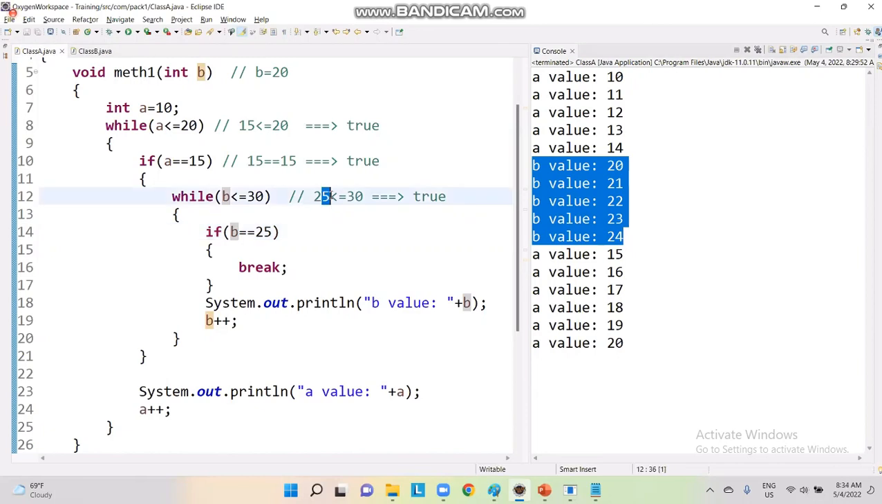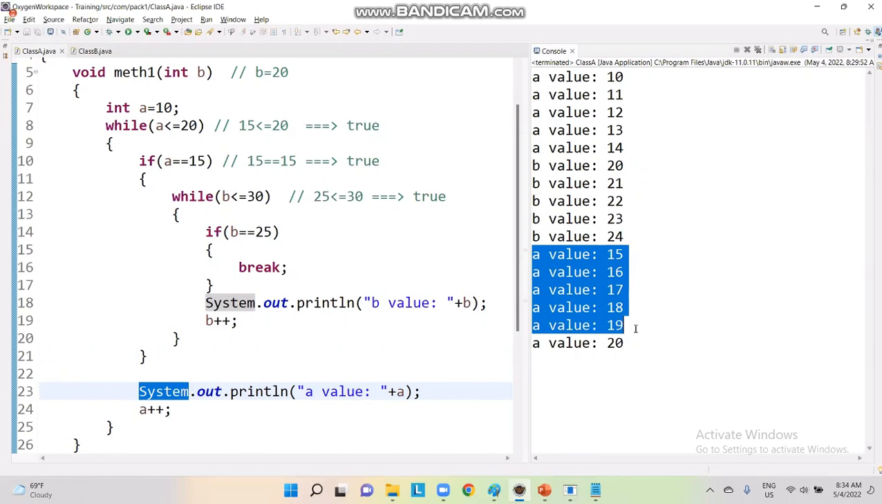Whenever B value becomes 25, then the if block will be executed, and here we have written the break statement. So whenever it comes across the break statement, it comes out from the inner while loop. After that, again the same process will be repeated until A value is less than or equal to